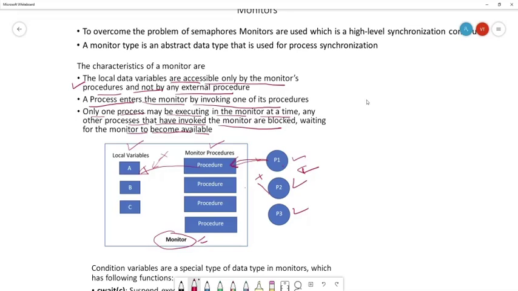When P1 is inside the monitor and wants some other event to happen, for example, P1 is waiting for an I/O operation, P1 will go into the blocked state. This concept we have already studied.